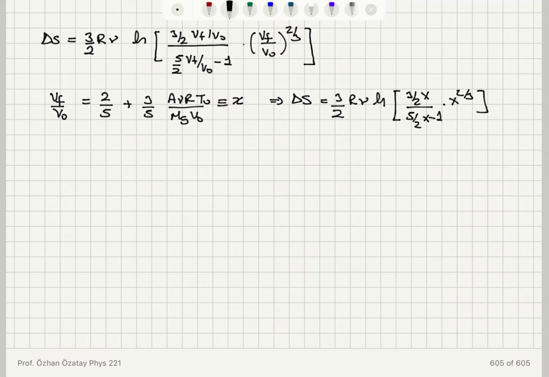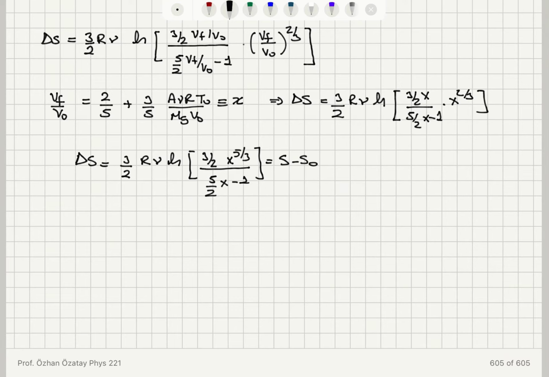So then I find that the entropy change can be written as 3 over 2 R nu natural logarithm of 3 over 2 X to the power 5 over 3 divided by 5 over 2 X minus 1,